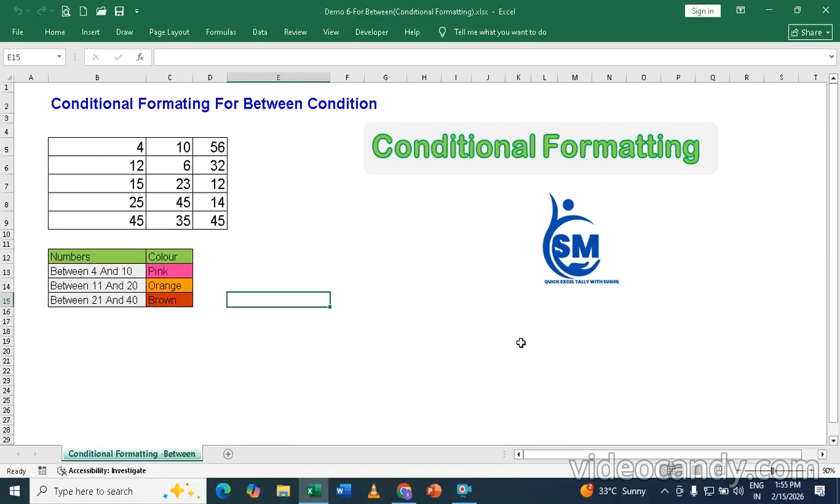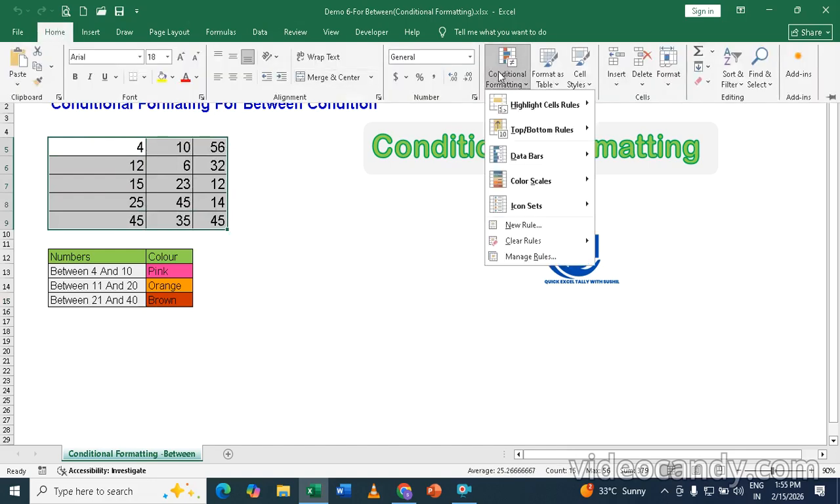In today's video about conditional formatting, I'll be explaining how you can use the between condition. As you can see, this is my data. You can download this sample file from my description. I'm giving you data here with some numbers, and I want between 4 and 10 in pink color, between 11 and 20 in orange color, and 21 and 40 in brown. So you select this entire table first, click on your Home tab, click on Conditional Formatting,